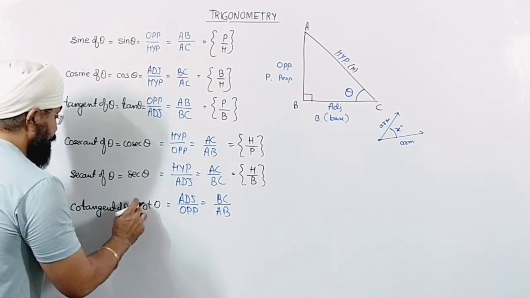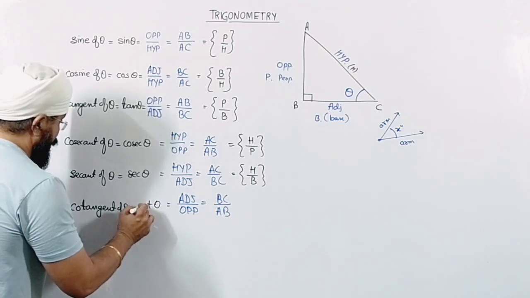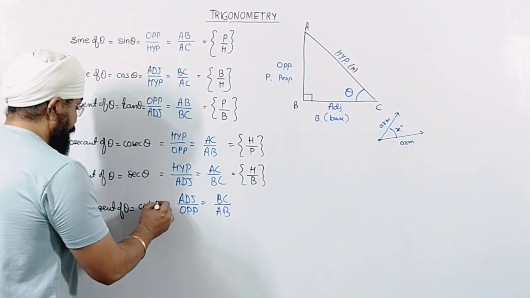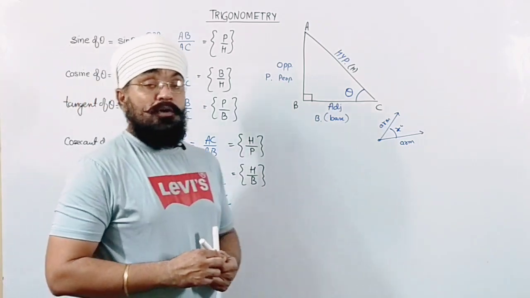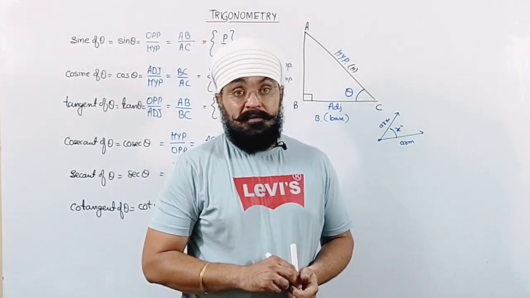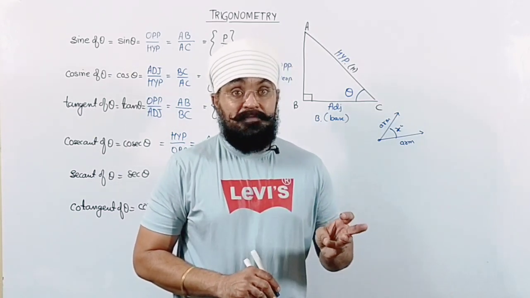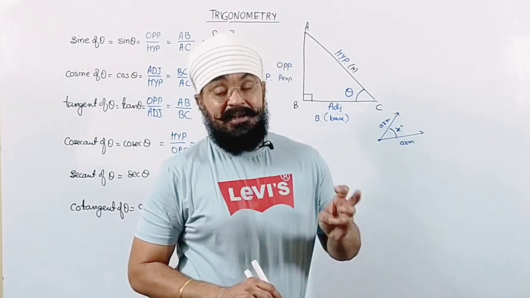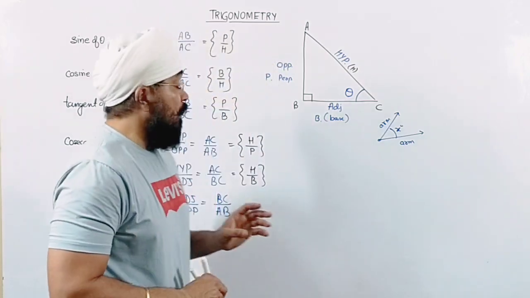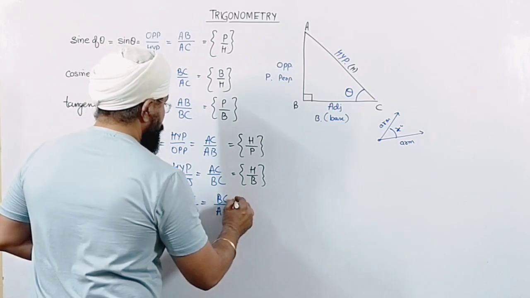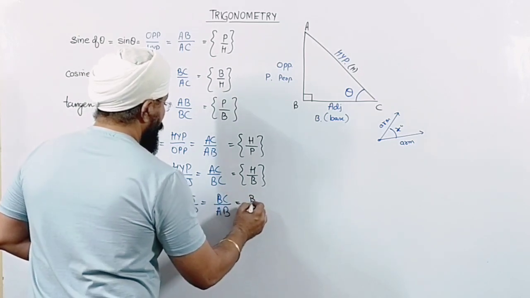A few important things that you have to keep in mind, which are very, very important. As a mathematics teacher, I always used to say, don't write any letter in capital. That is sin, cos, tan, cot, cosec and sec. These all are small letters. And definitely this one is B upon P.